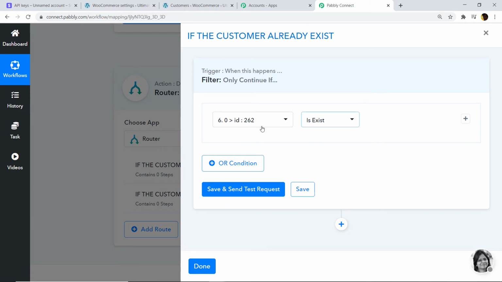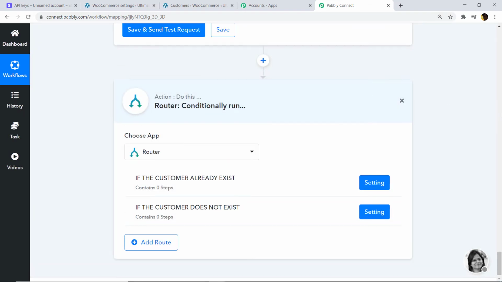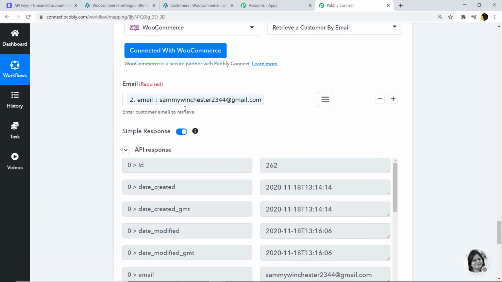So what is ID 262? As I mentioned before, ID 262 is your customer, Sammy Winchester 2344@gmail.com. So this is the ID for sammywinchester2344@gmail.com. Basically it is asking if ID 262, or if Sammy Winchester 2344 exists, then what should be done.